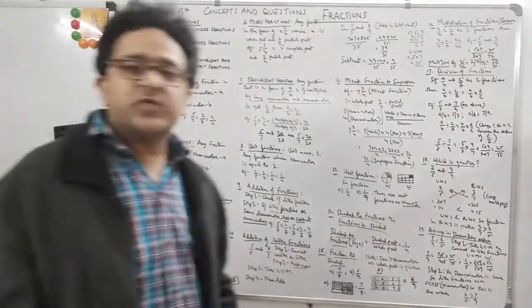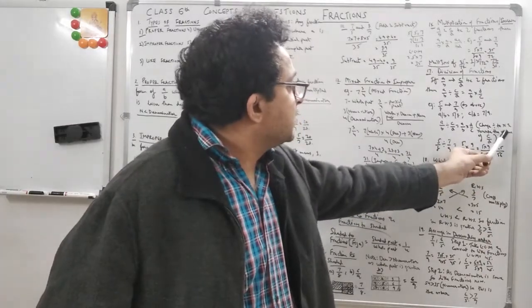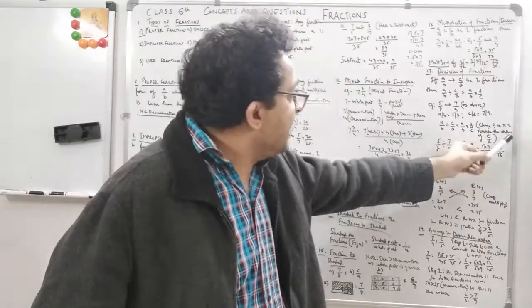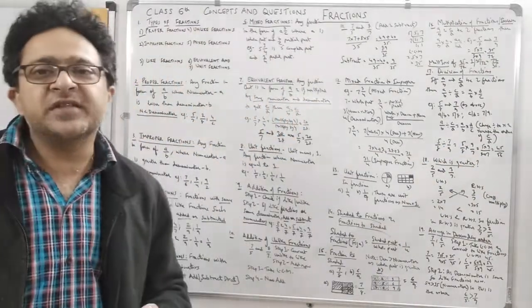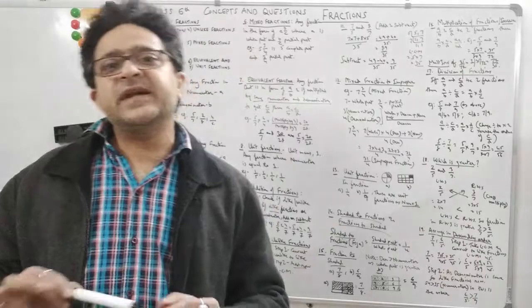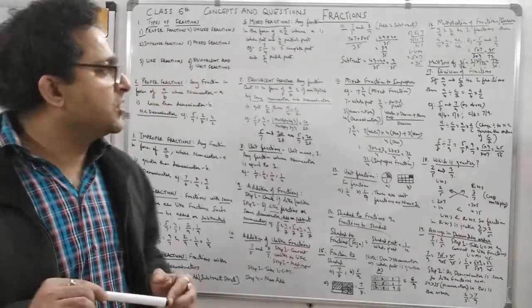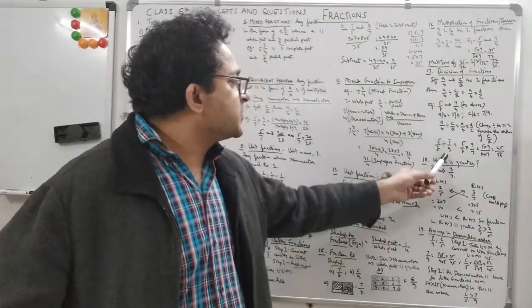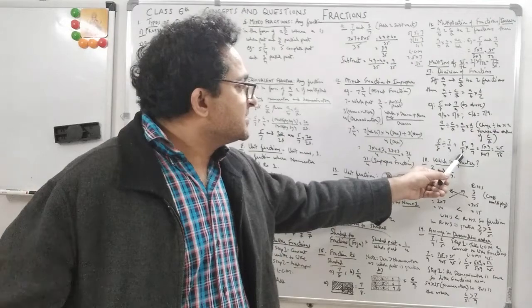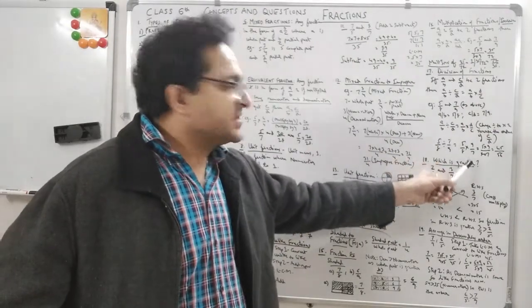I have also mentioned over here: change division to multiply and reverse the order of c by d. So you don't do anything on a upon b. But c by d will be reversed and the division will become multiply. So that's how you solve the division questions. So 5 by 8 divided by 7 by 9 is equal to 5 by 8. See this now. Division becomes multiply and 7 by 9 becomes 9 by 7. This is how you do.